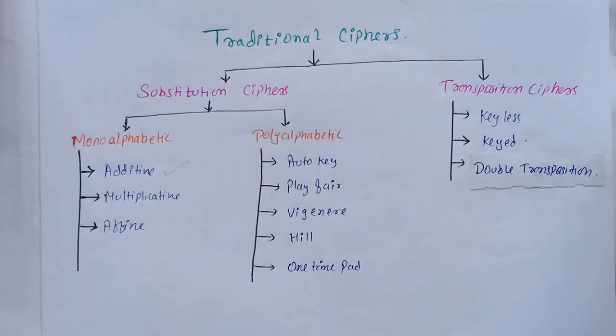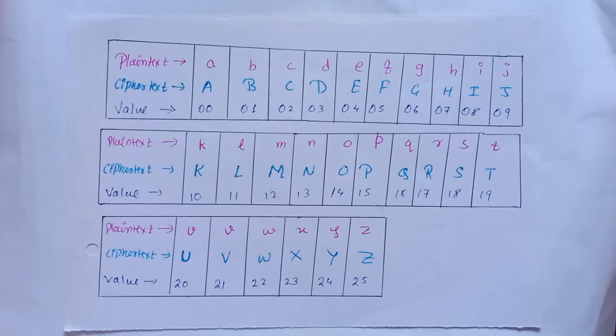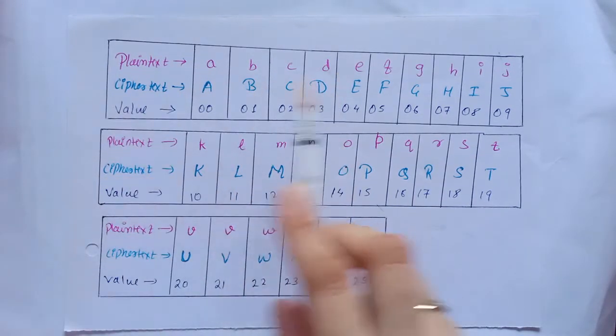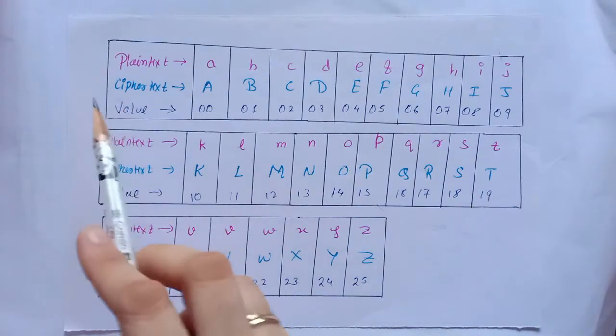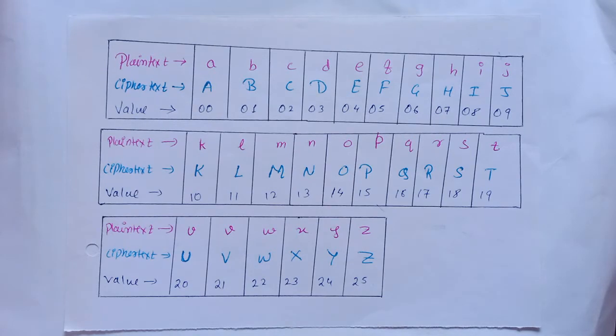We learned mathematics of asymmetric key cryptography while learning the traditional ciphers because we wanted to learn an easy method to find inverses so that we can use it in multiplicative substitution ciphers. So we will see multiplicative substitution ciphers. Before that, we already know that we assume plain text as small alphabets and cipher text as capital alphabets, so we will be using this chart in multiplicative substitution ciphers also.